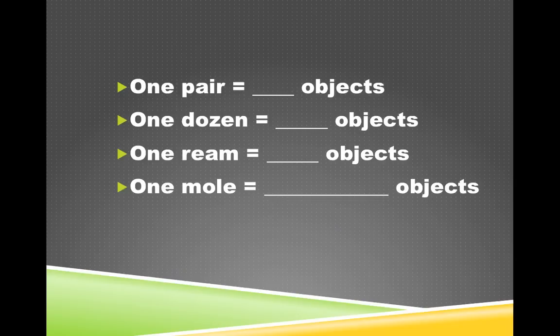Okay, so again, I hope you did it instead of just continuing on. So you write 1 pair equals a dozen objects. Oh, sorry, 1 pair equals 2 objects. Okay, 1 dozen equals 12 objects. 1 ream is actually 500 objects. So a ream of paper means it has 500 sheets. And then 1 mole is just like the rest of them. It's just like saying a dozen. A mole means you have this big number, this Avogadro's number,